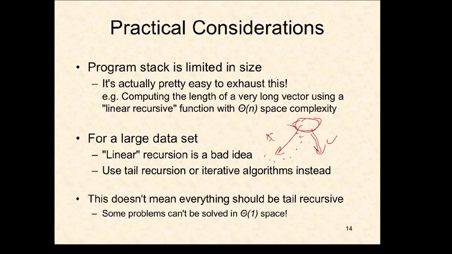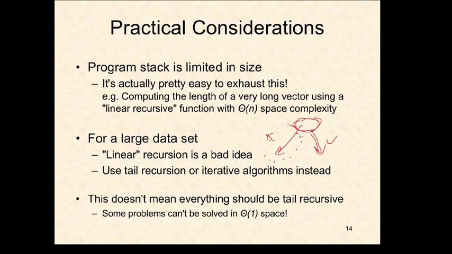One way would be, instead of relying on the call stack, we could use a stack variable, kind of like we're doing in Project 1. We could put the things on the stack that we still need to do, and then call them from the stack as we need them. Another way to do it would be, later on in the semester, in the week after the midterm, we're going to look at making a